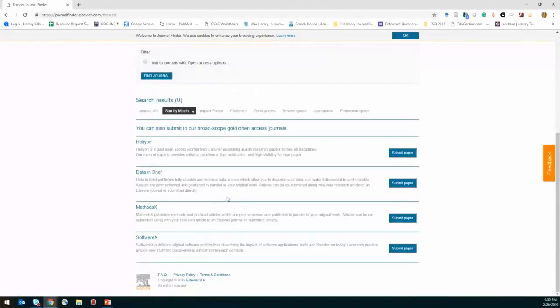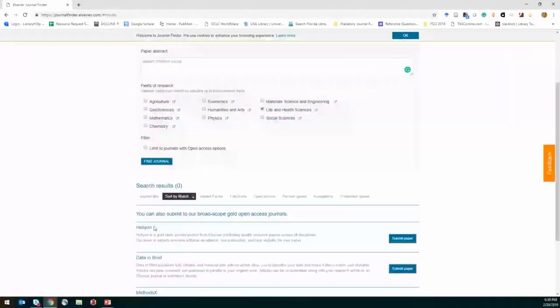So it'll load a number of results, and then you can see these things listed by journal title. You can sort by impact factor, cite score. They'll also indicate acceptance rate. So this is a place where you can get a sense of what percentage of papers submitted will actually be accepted by the journal. So that's quite useful. And it also indicates whether or not a journal allows open access, which we'll talk more about in just a minute.